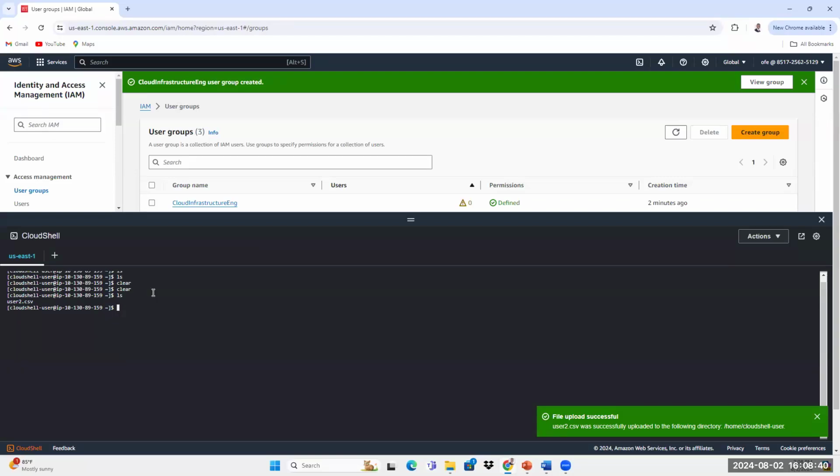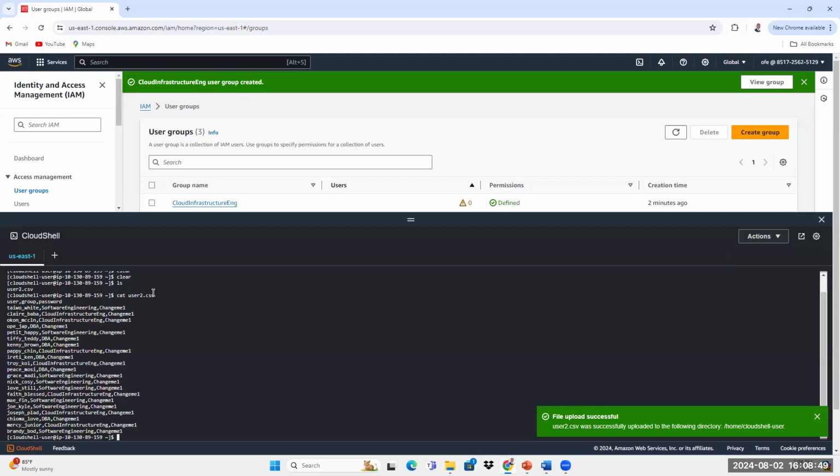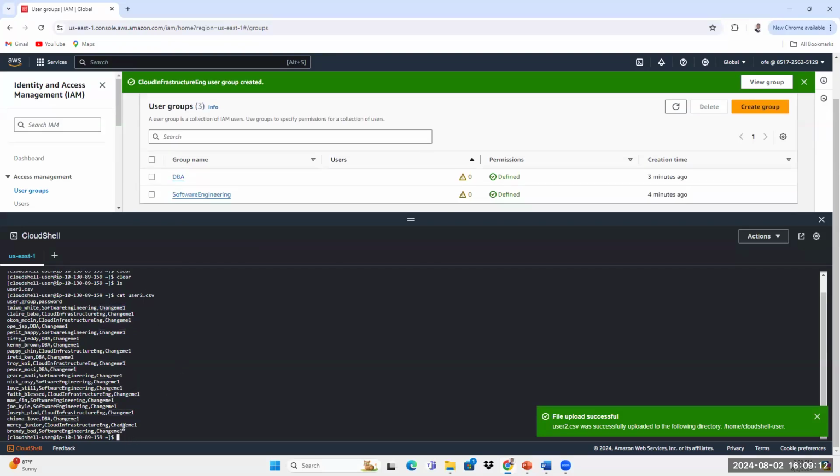To check the contents, the command you use is cat, C-A-T, and you type user2.csv. And look at that. You see the names of the columns: user, group, and password. The first one there was Taiwo White. Taiwo White is a software engineer, and his password, from what we saw on the slide, is change me one. So that's it. Now let's upload the next